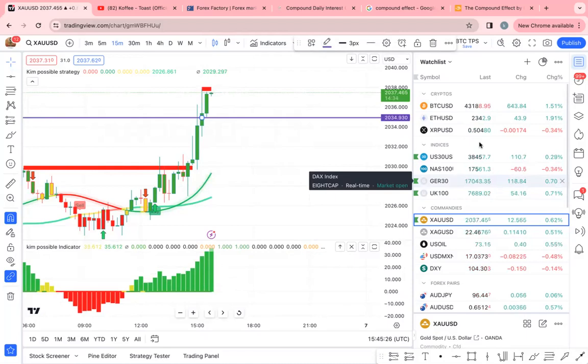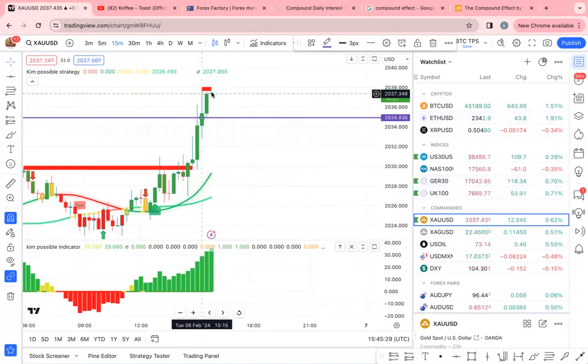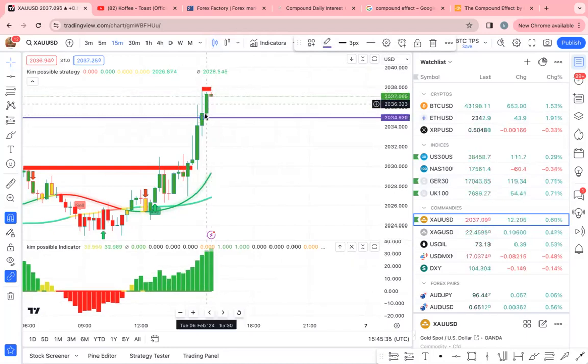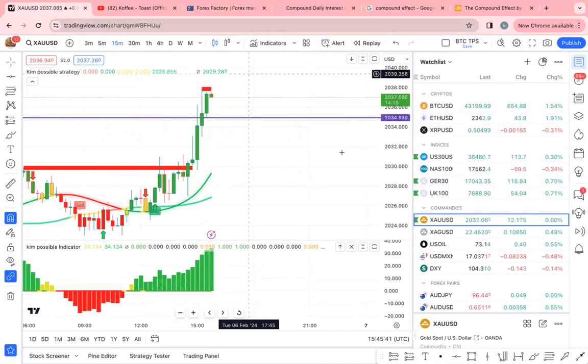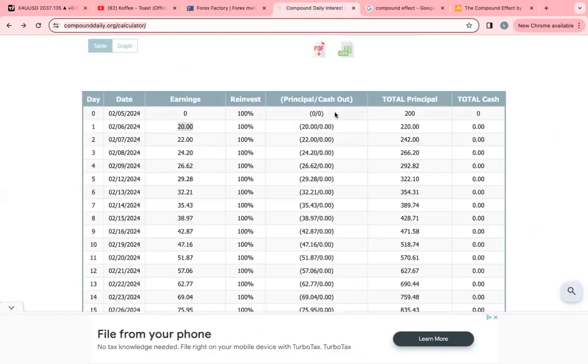So now we have a new 15-minute candle open. If this one keeps pushing up, you put your stop loss underneath the previous candle right here. Yeah, that's how the market is. You have to know whether to secure profit or let it run, because remember now guys, the goal is to make money on top of your balance. And the balance is the key. Once you have money on the balance,